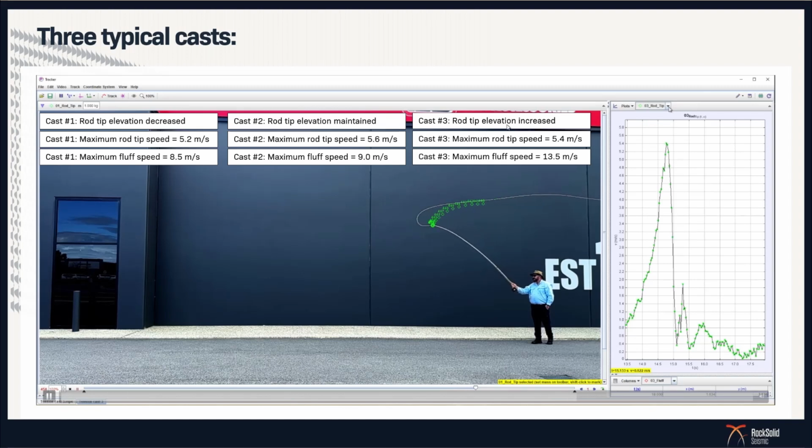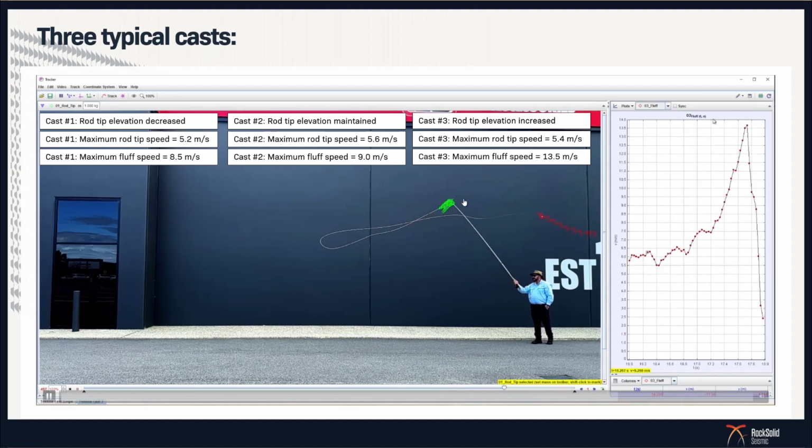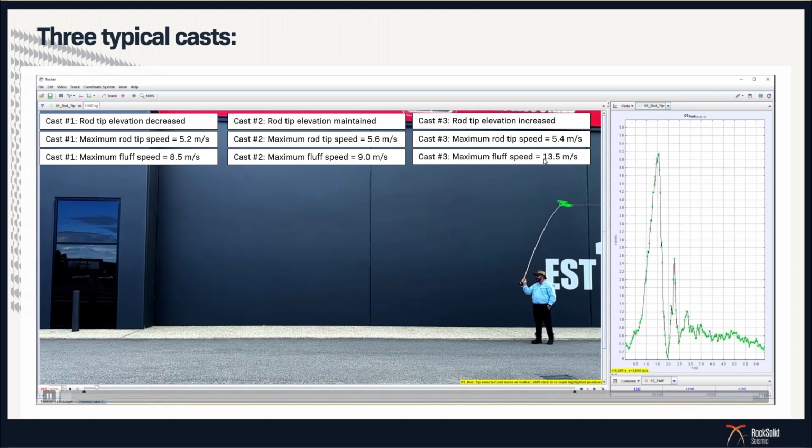This time I'm going to lift the rod tip after the loop forms though. So instead of just keeping it there, I'm going to keep lifting it up. And when I lifted it, the fluff actually went to 13.5 meters per second, even though it started at somewhere exactly between these two. Lifting the rod tip up added significantly to the speed that this fly, the fluff, travelled at. So when I made that cast,